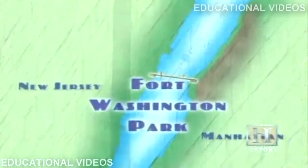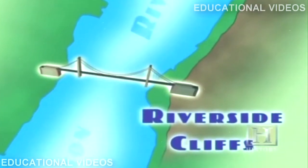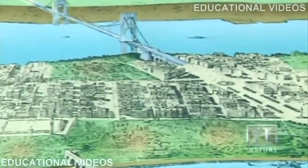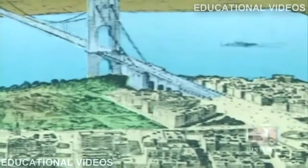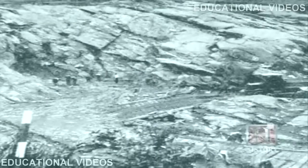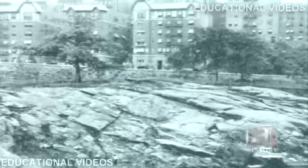There were several sites potentially for the anchorage. One was in Fort Washington Park proper itself, and the other would be up on the Riverside Cliffs. The Fort Washington Park location would require a very large, massive concrete and masonry structure to be situated within the park. A lot of the people in the New York area, and specifically up in that area, envisioned this as not being very aesthetic,